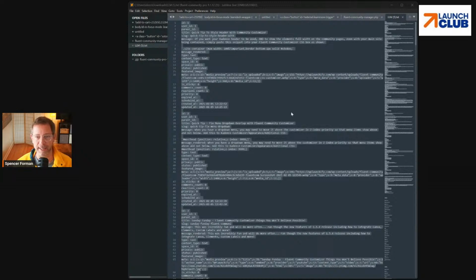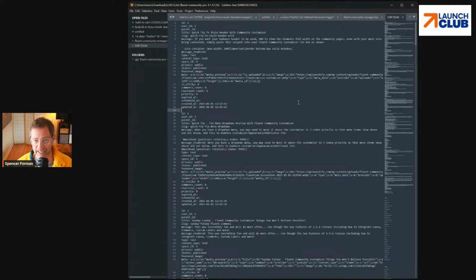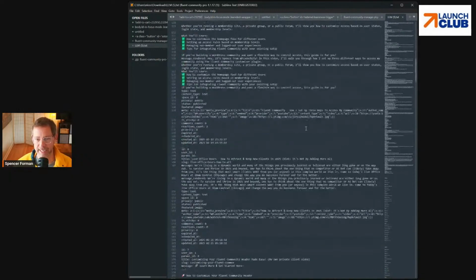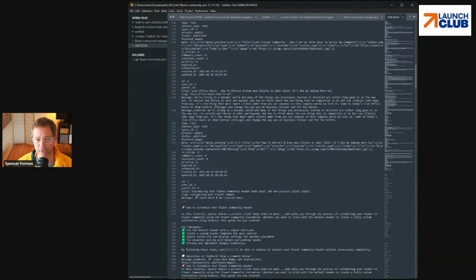So here's what I'm looking at. This is the export of the LLM text file. This is all of the data that I specifically want to use if I'm going to train my own private LLM or use a public LLM chat. Obviously, we want to be cautious and we strip out the identifiable information about the individuals, but the data and the things they talk about, invaluable